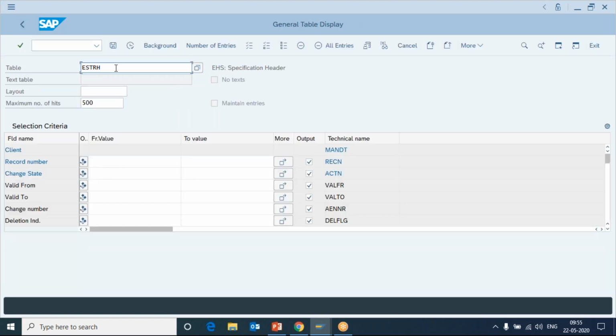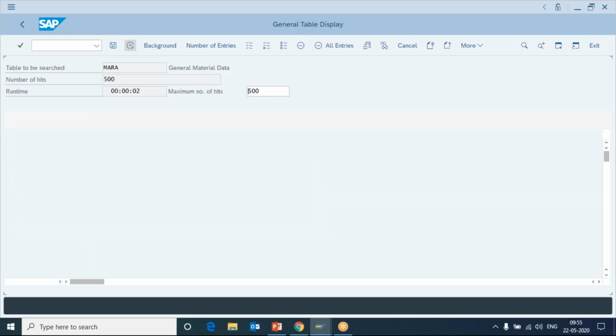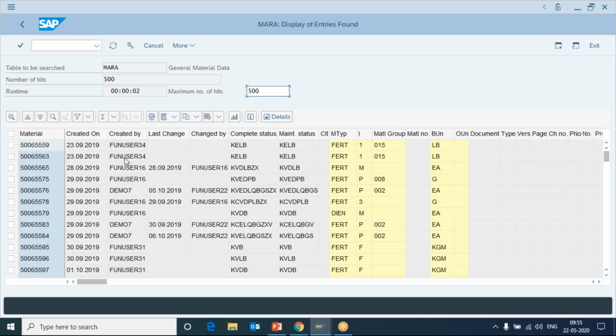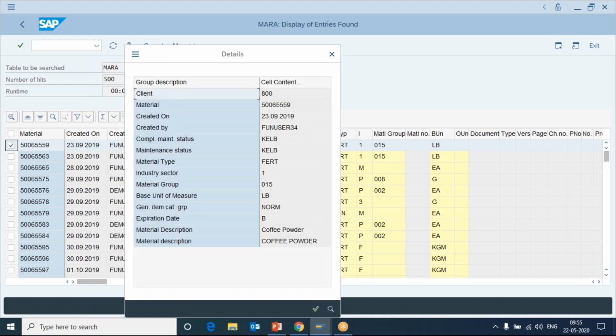This is where you can see the tables related to materials and other details. And this is where the data will be stored. I told you, whenever you create some records or feed some data into the SAP system, that data is stored in the tables.